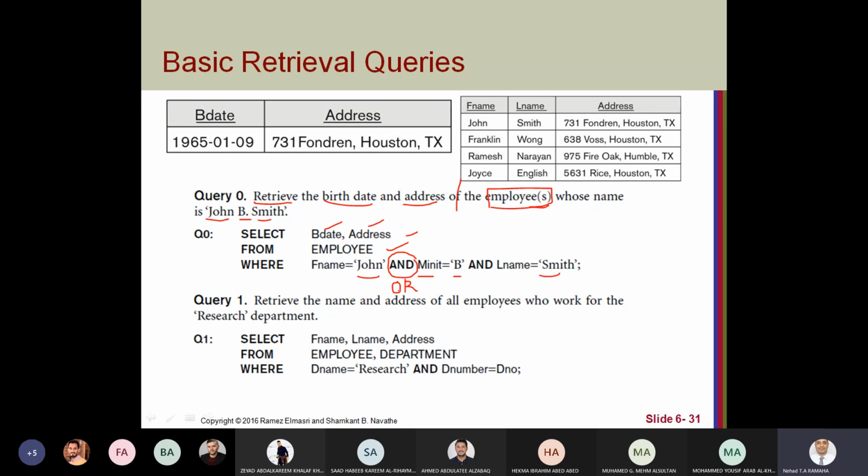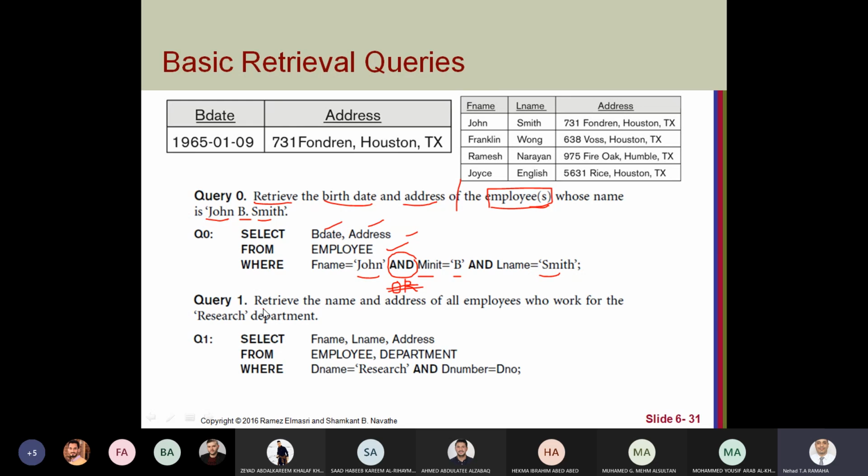Of course, you know the difference between and and or. But usually we use and; it's very rare to find a retrieval query using or.